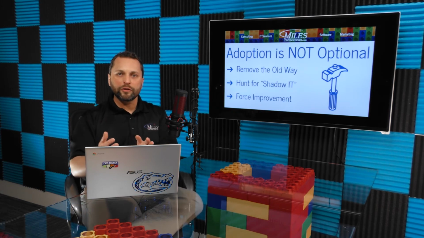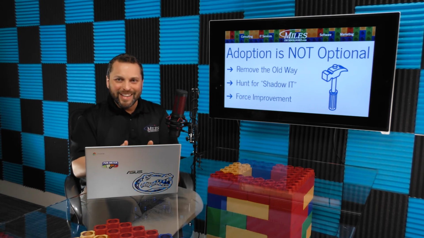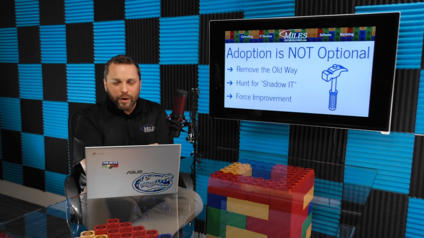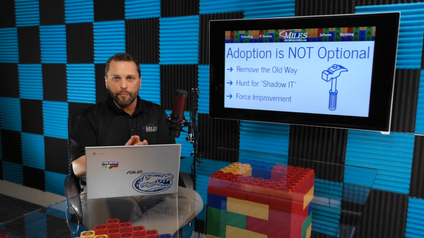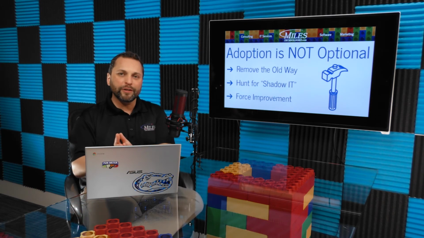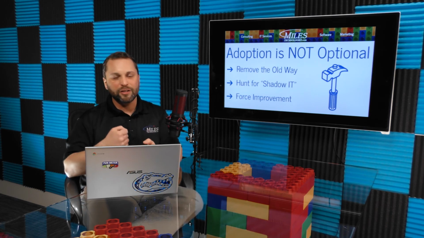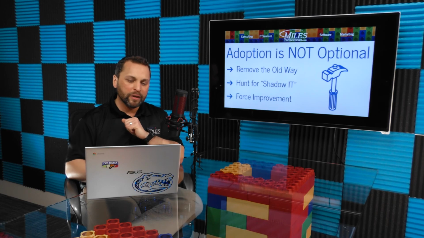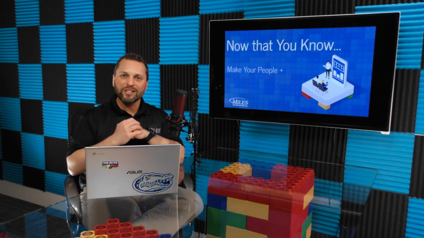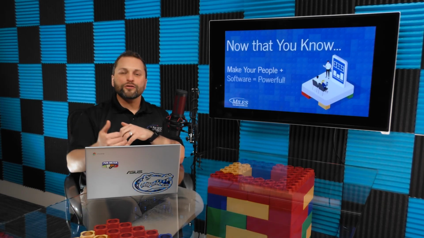And what this is all going to do is what I call forced improvement. So if people have to use the new way of doing things, they're going to give you feedback, they're going to say what does and doesn't work for them, and it's going to force you to improve the software itself. So force people to use it, they'll force improvement for you, and it'll just drive that continuous improvement that you really want. So now that you know how to approach this, put your people and your software together to